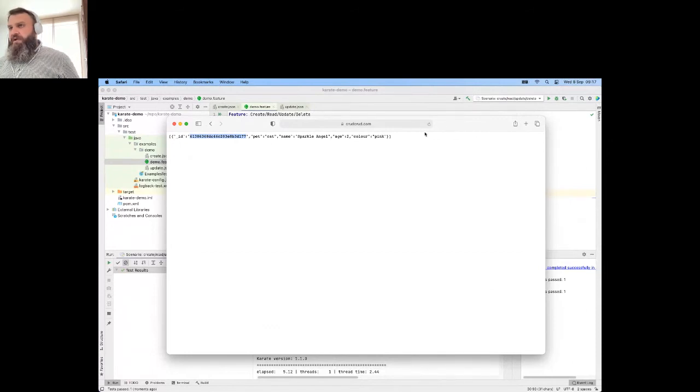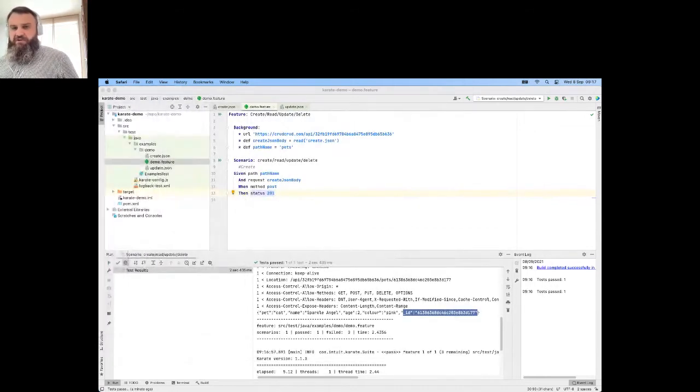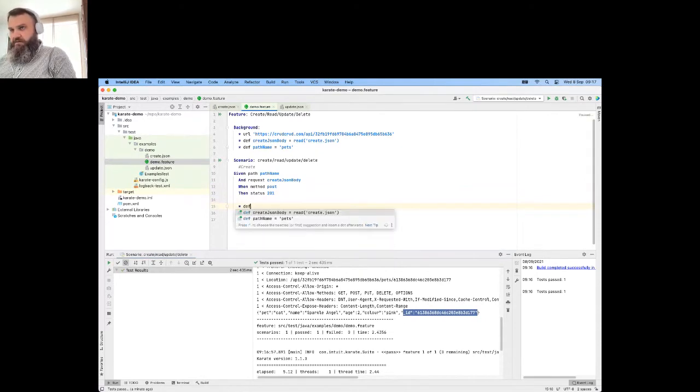So what we would like to do is reuse the IDs. For example, we create an entry, and now we want to read this entry, for example to see if it was created. So let's do the read part now. Before that, let's define an ID